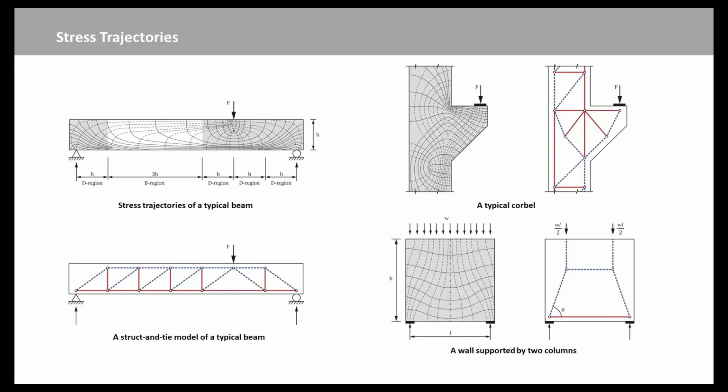In most cases, the aim is to identify a statically determinate system, which allows the determination of the tensile and compression member forces by means of equations expressing the equilibrium of the nodes in the truss. Traditional strut and tie models are shown in this slide.